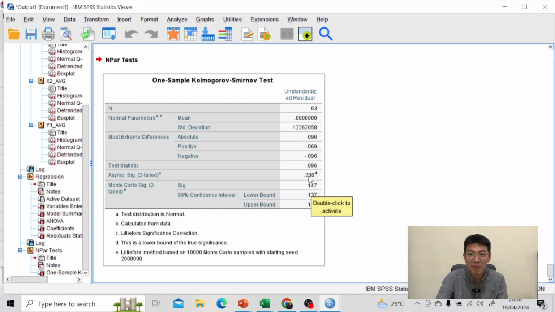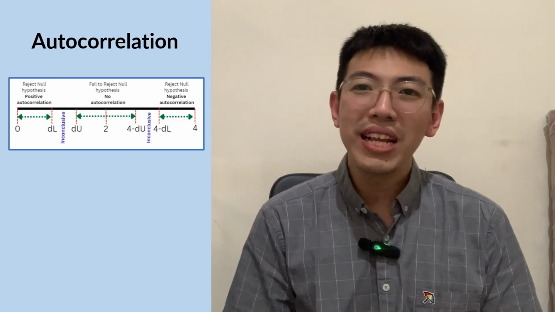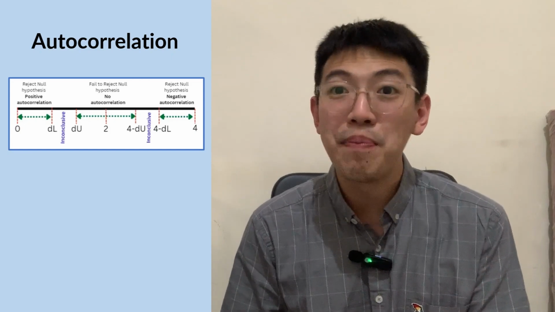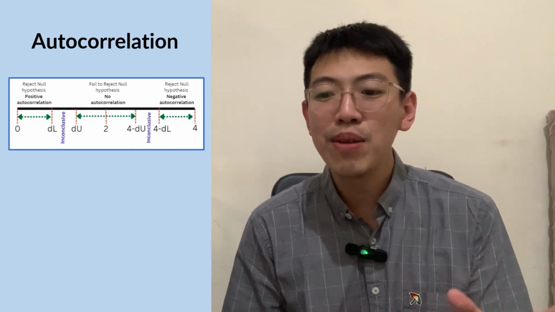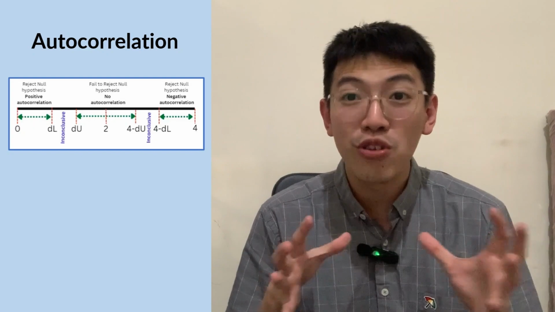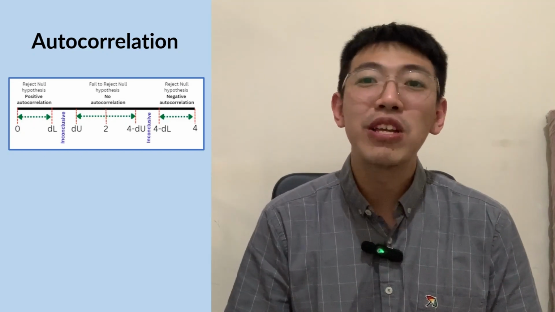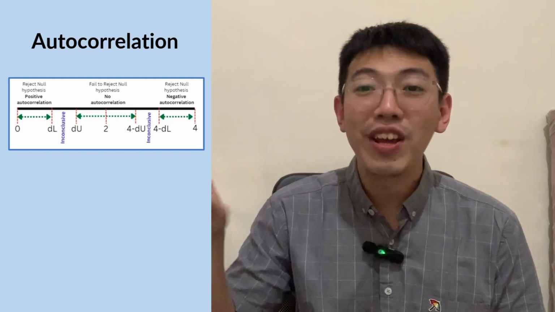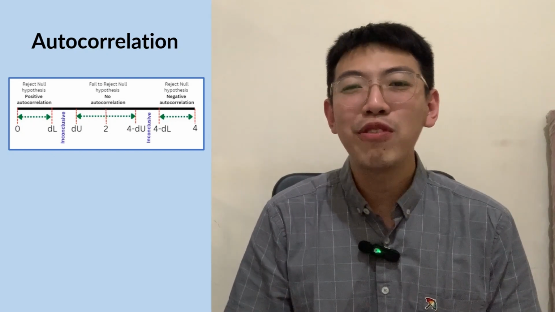therefore it is normally distributed. The question is, what if it is less than 0.05? It means it is not normally distributed. The first option is simply to remove the outlier data points that cause the distribution to deviate from normality. You can see this from the normality diagram. If the shape is like a bell curve, it is normal. So you have to remove outliers to make the shape of the diagram like a bell curve.